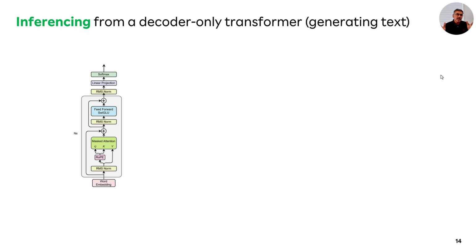All right, so now that you have your trained decoder only LLM, you have to start doing inference. And inference is, I just give you a few initial words and I want you to finish that sentence. So let's say that the initial set of words is "New York is the". First thing is, of course, you tokenize. This is also called the prompt because you're prompting the trained large language model